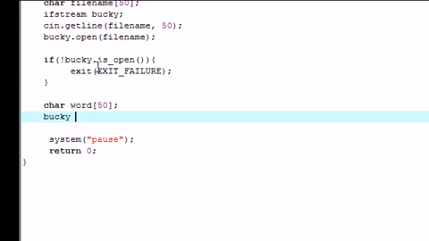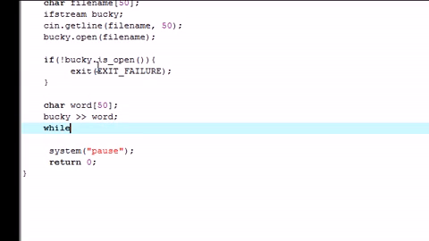So the next thing we need to do is get the first value from that document. So go ahead and get word. And now let's say while Bucky dot good. Again, good is a built-in function, and this is going to say, alright, while we aren't to the end of the file yet. And don't use is open, because if you use is open, then it's gonna keep going. So good is a function that means, alright, as long as you aren't to the end of the file,